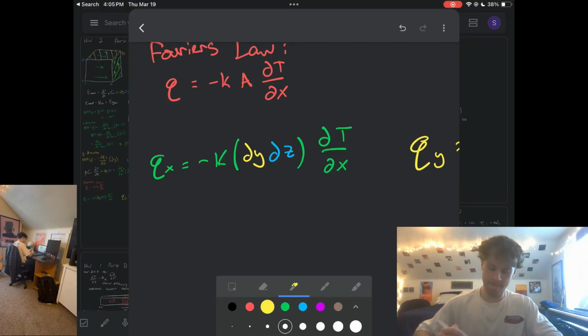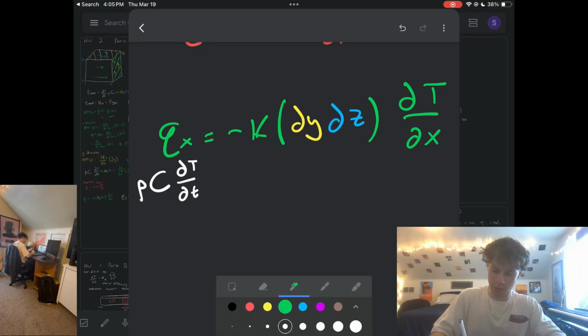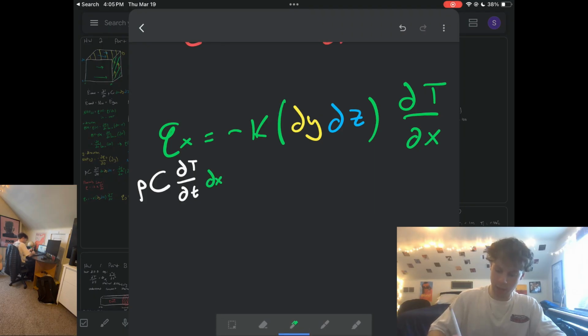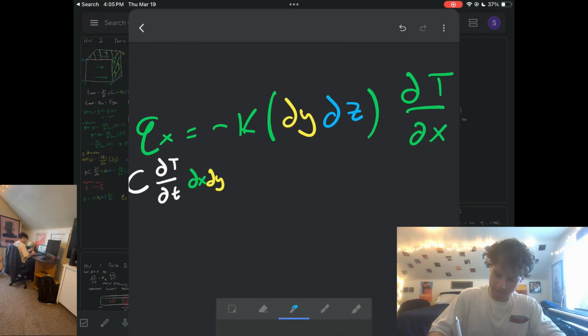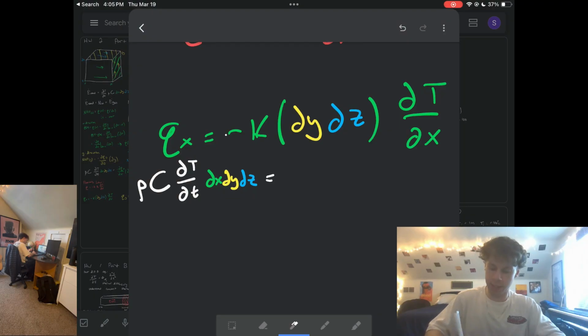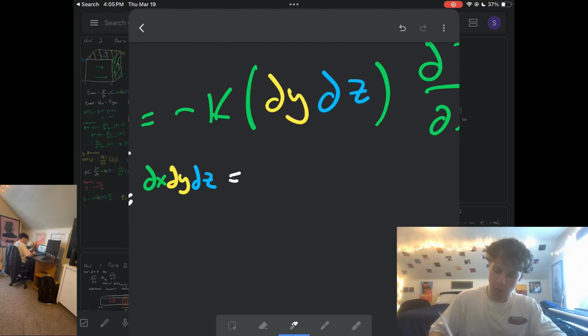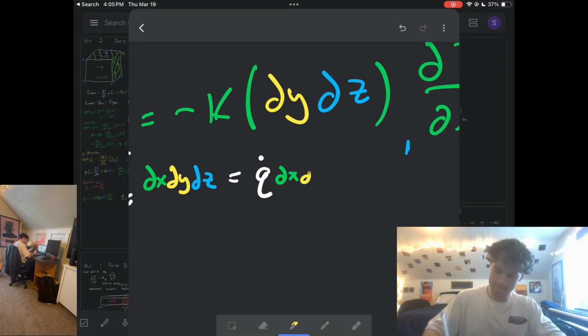So density times heat capacity times our change in temperature with respect to time throughout our area, so dx dy dz, is equal to our energy generated, which we said is our heat flow throughout our area, dx dy dz, plus